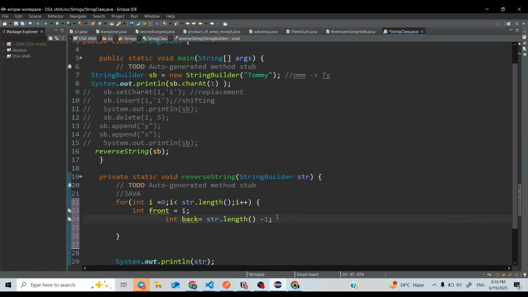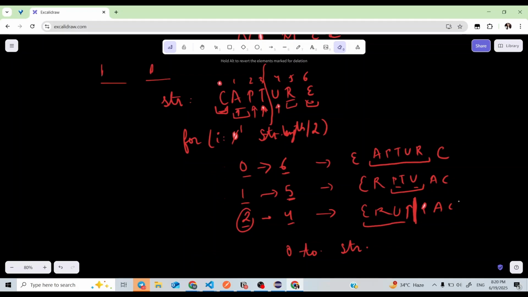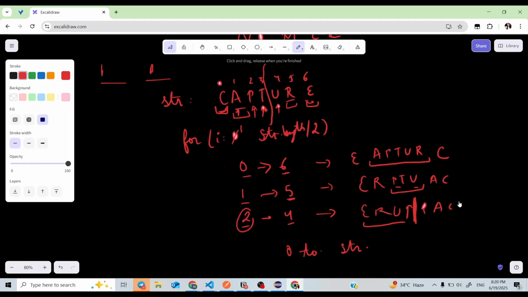But this back will change when I come to the next iteration, first or second or third. So how is this back variable changing? Come here and see how my front and back change in each iteration.